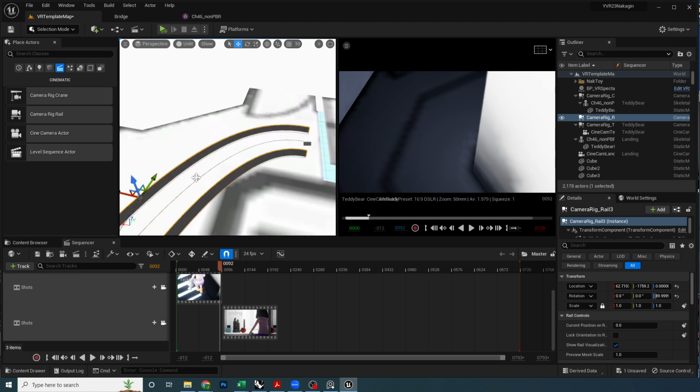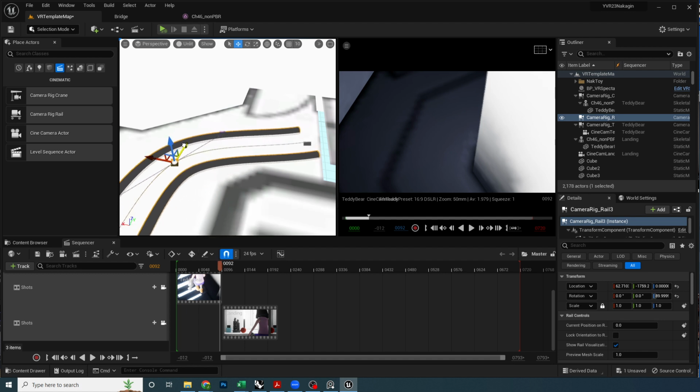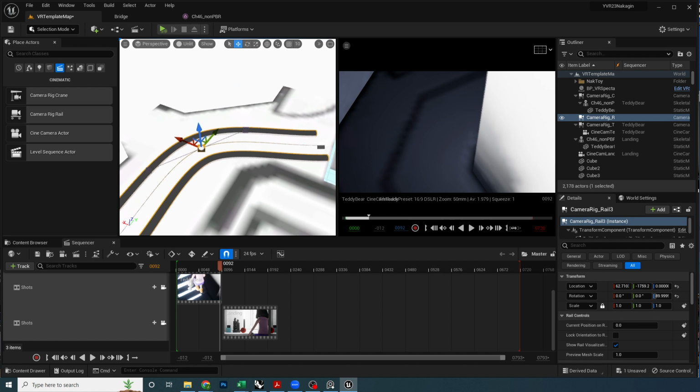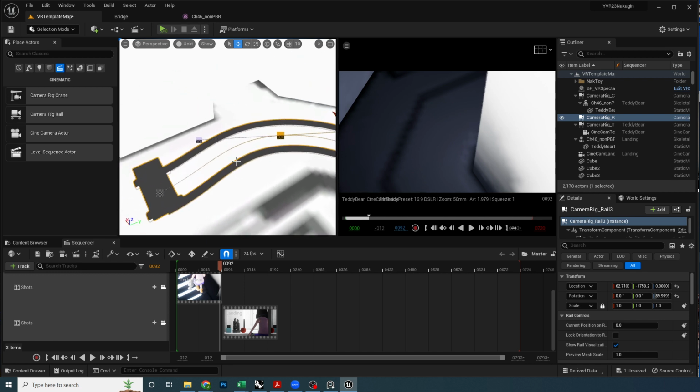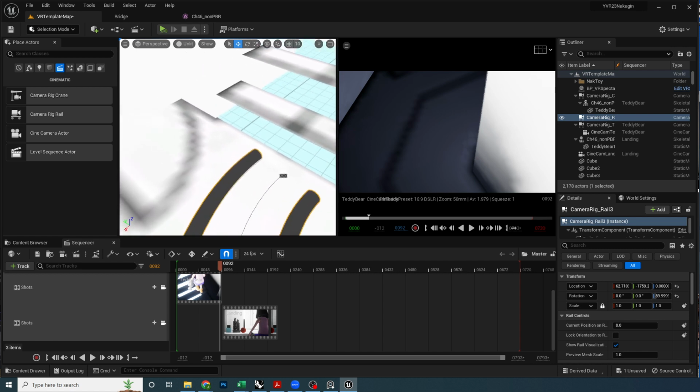So now I just kind of have to add spline points to help. Don't want to move it in the Z-axis, right? So this can get a little bit fiddly. But what you're ultimately trying to do is just get a nice, consistent shot that's going to take us